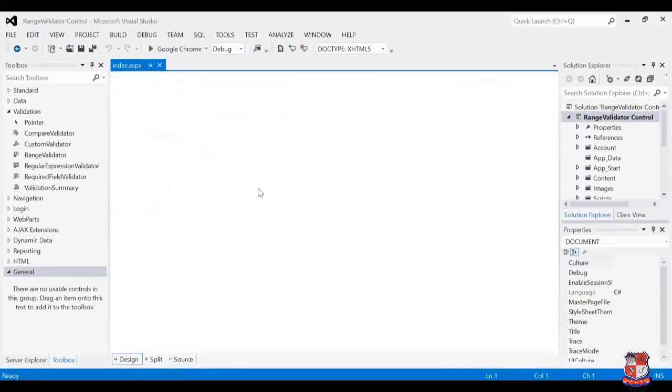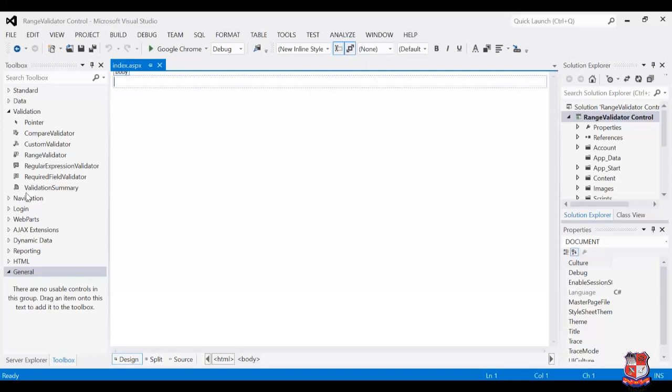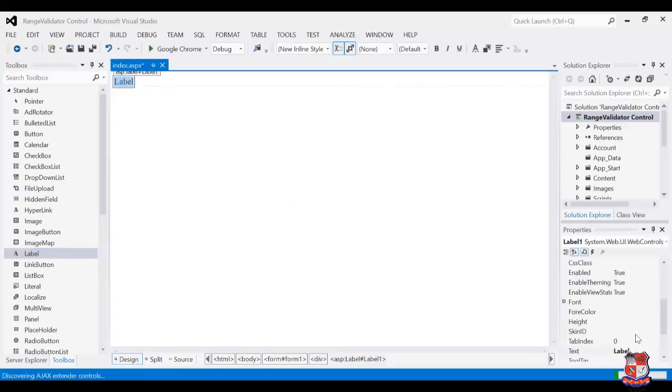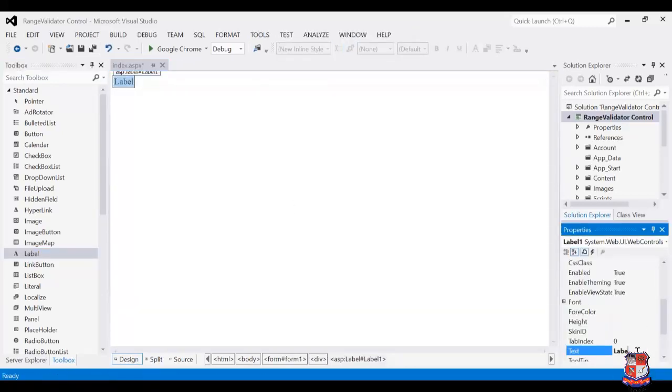Go to the design portion of it, and we'll start the example by taking a label control and giving the message that this example is for range validator.